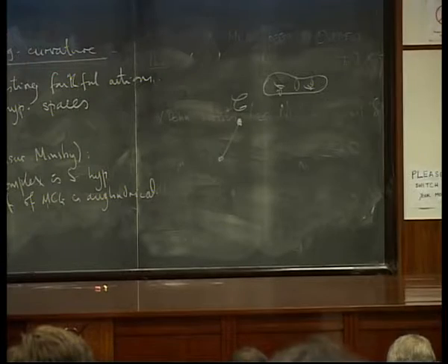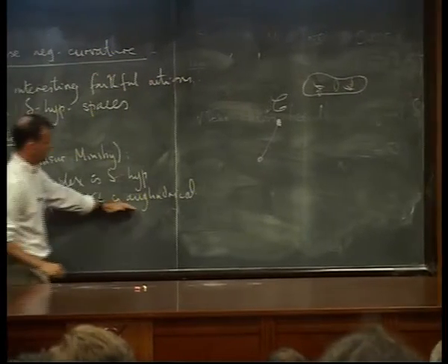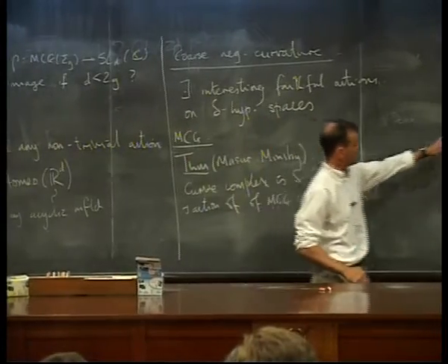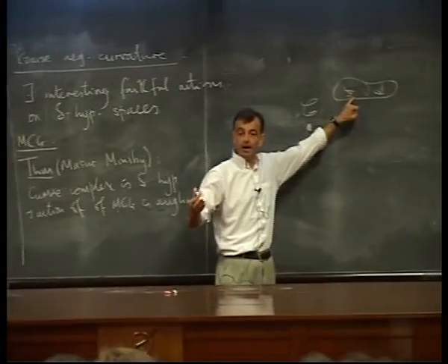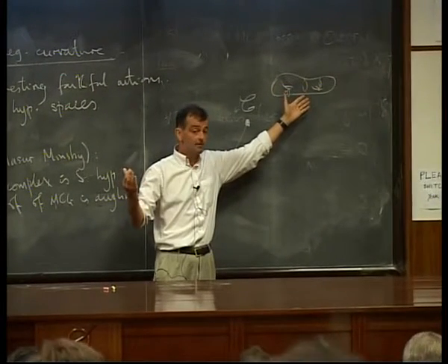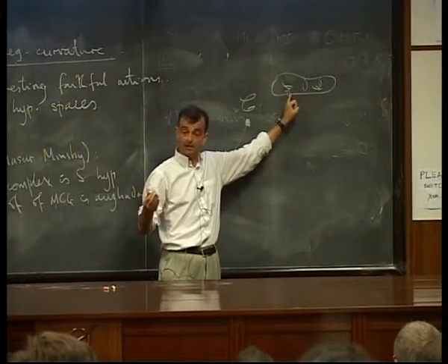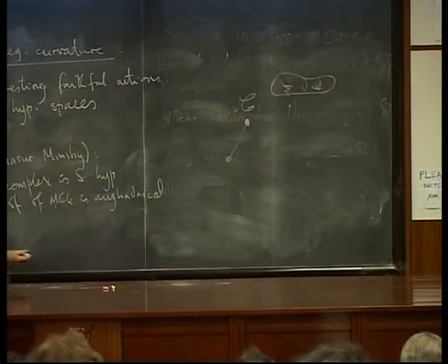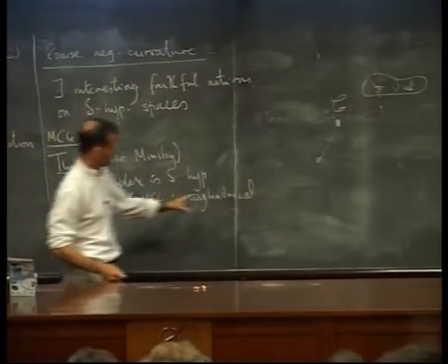Okay? Now, this business about it being acylindrical, well, this won't be a discrete action, because the stabilizer of a vertex will be that part of the mapping class group which leaves this curve system invariant. And that will be some infinite subgroup of the mapping class group. In particular, it will contain the Dehn twists. So the Dehn twists will be elliptic. They'll have fixed points in this. But what this acylindrical forces is